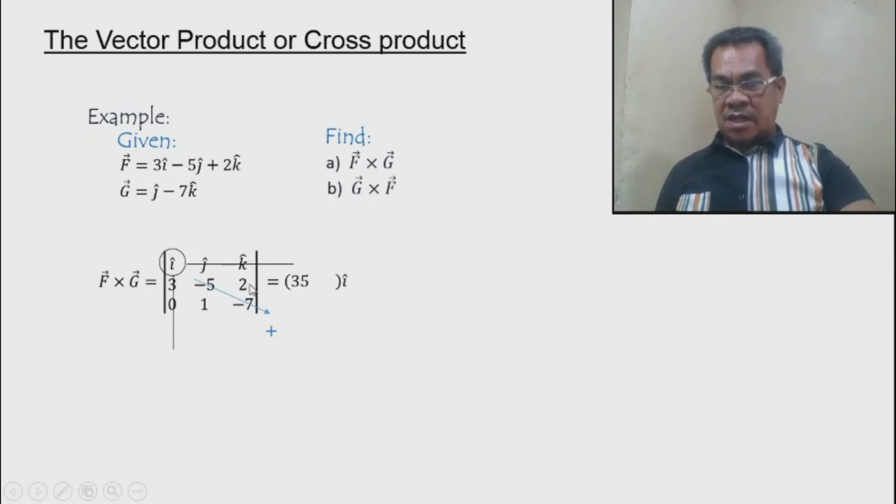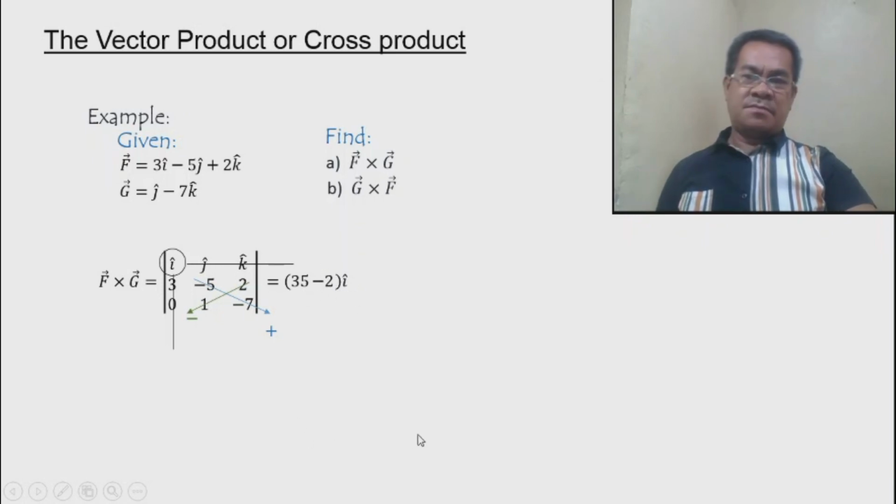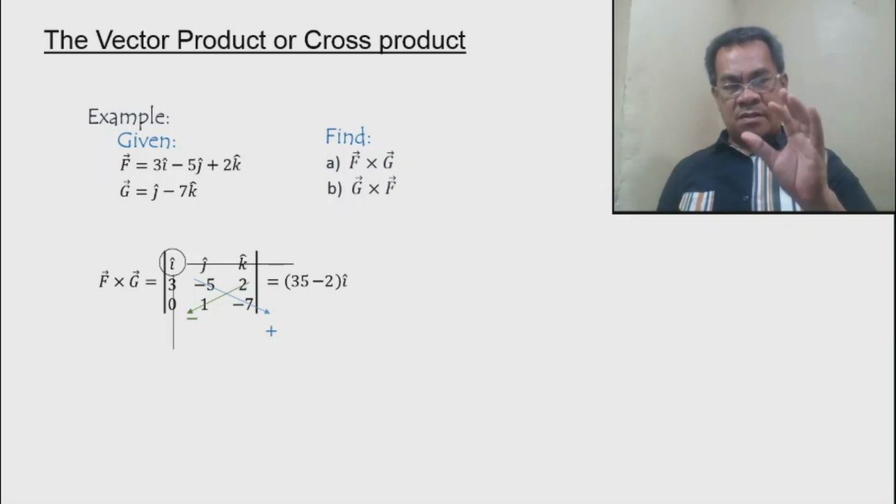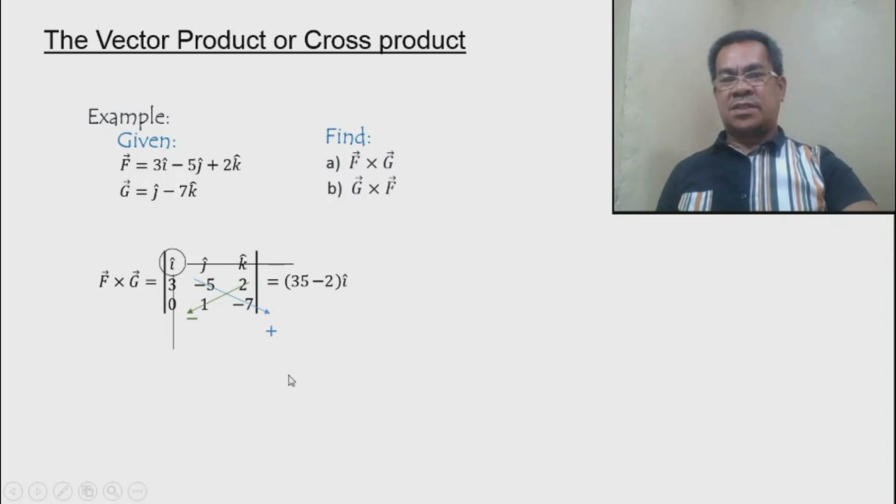So, this should be 1 times 2, and this should be negative. So, it should be minus 2. Then, subtract this one. We have 33 I hat. This is already part of the answer. You're already providing the first term of your answer of F cross G. The second term